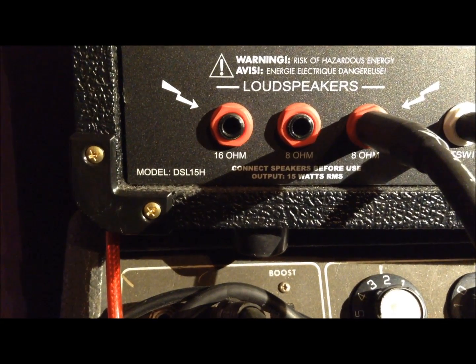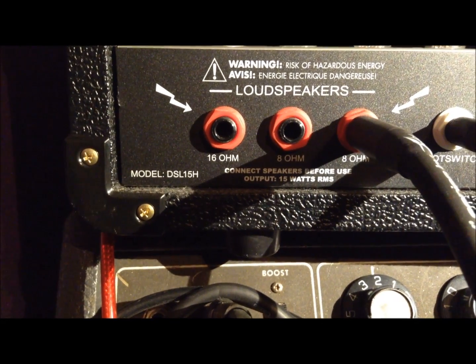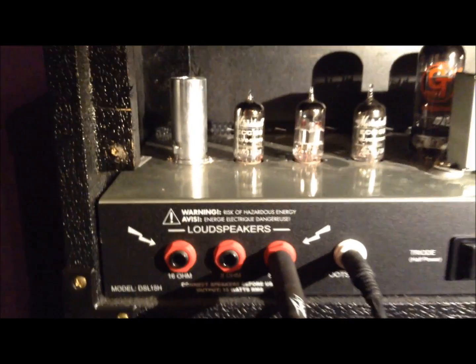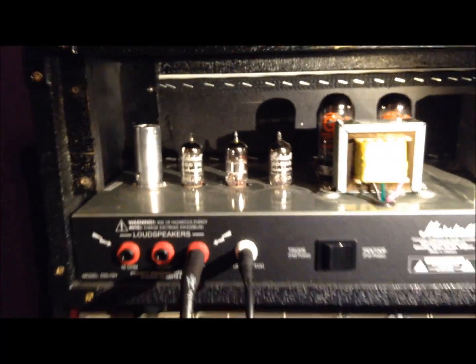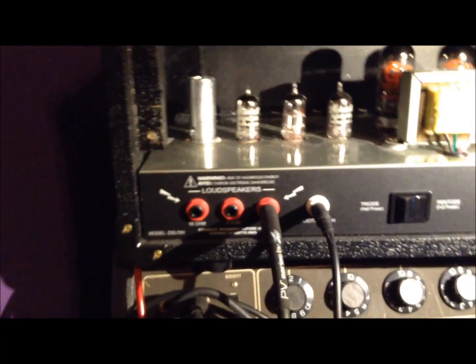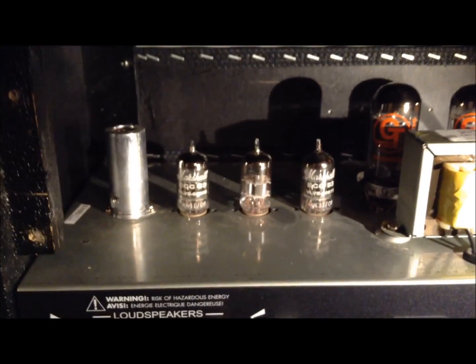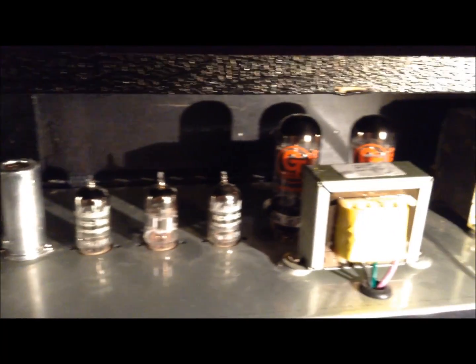My Marshall DSL 15H had a bit of a problem with it. It's working fine one day, and all of a sudden it only played at maybe 1/10 volume, and that's after I cranked it up to about 5. So it just wasn't putting out at all. So I went by the music shop and talked about amps for a while, and they figured probably the power tubes